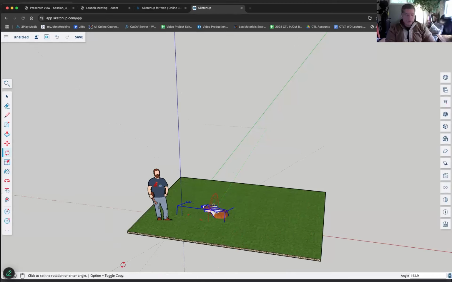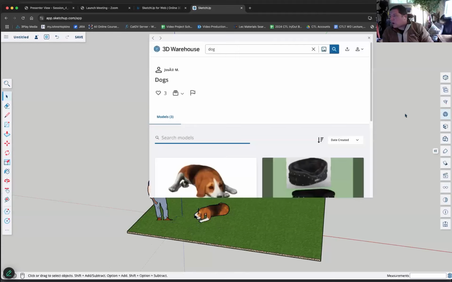Doing it this way gives you lots of different ways and lots of different options to test out this tool and see what works best for you, and position things in lots of different ways. I encourage you to keep playing with this and keep testing this. I'm going to just add in 1 or 2 more objects just so you can see. Let's say I'm going to put in